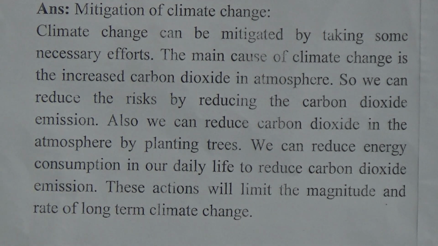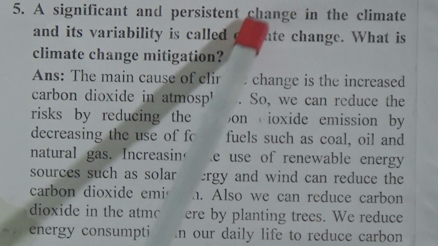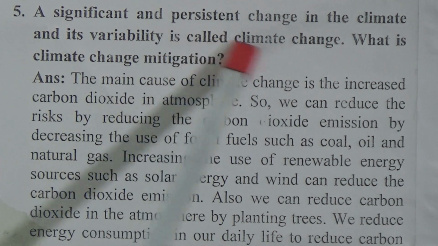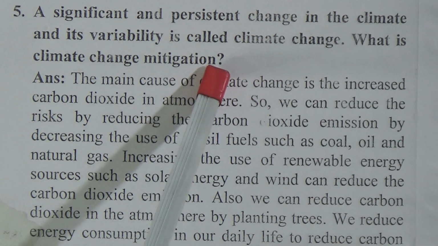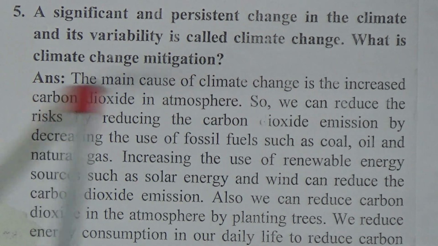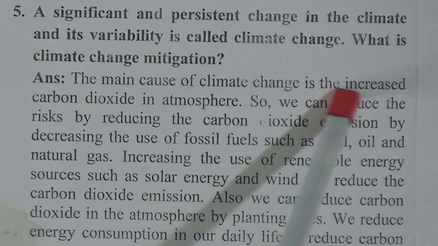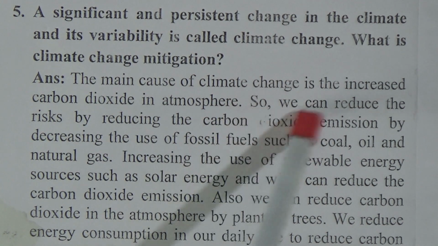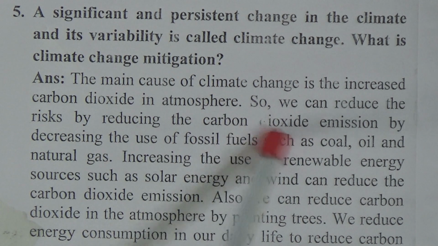Question number 5: a significant and persistent change in the climate and its variability is called climate change. What is climate change mitigation? Dear student, the answer of the question is: the main cause of climate change is the increased carbon dioxide in the atmosphere. So we can reduce the risk by reducing the carbon dioxide